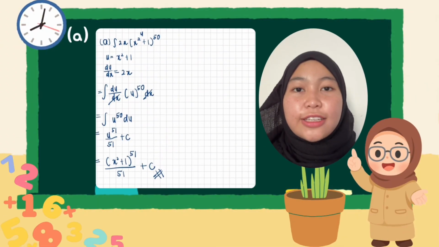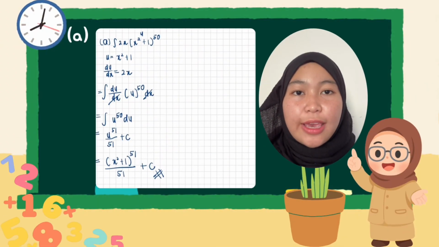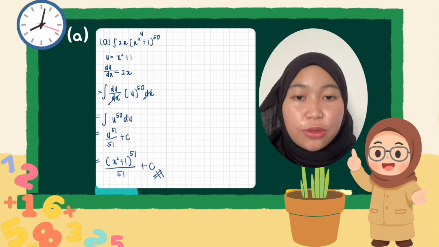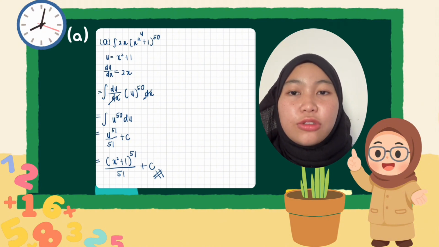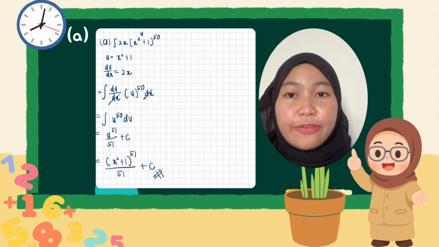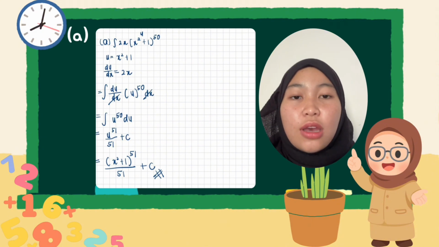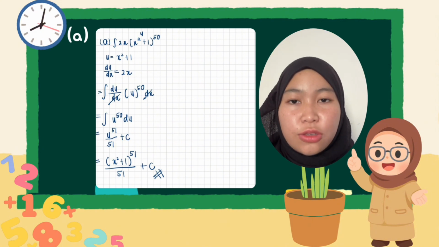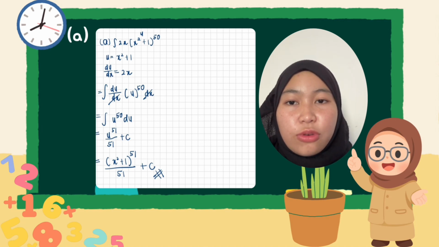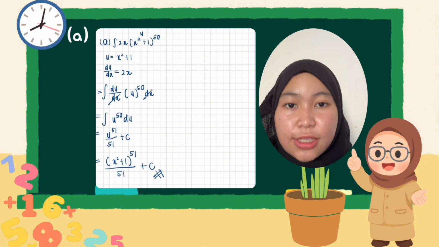To solve the integral of 2x times (x^2 + 1) to the power of 50 with respect to x, we use a method called u substitution to simplify the math. First, we choose the complicated expression inside the parentheses to be our u, giving us u equal to x^2 + 1. Next, we take the derivative of u with respect to x, which results in du/dx equal